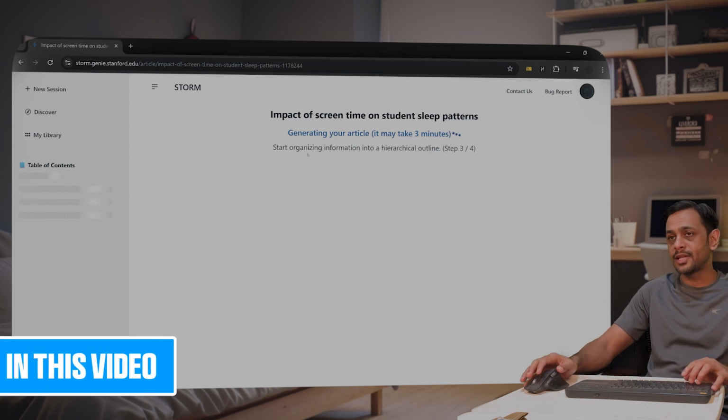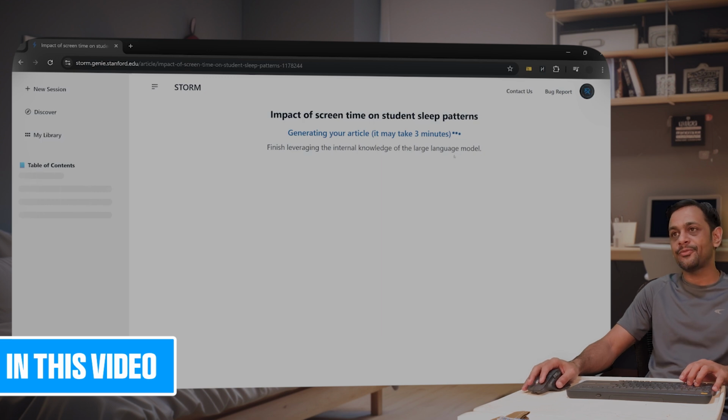gave us all the papers that it had fetched information from, right? Right now it is in step 3. It just showed that. And it will go to step 4 before it can finalize and give us content that we can